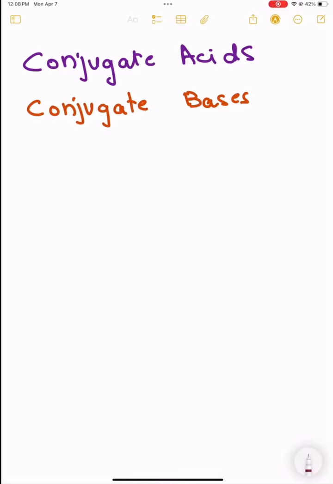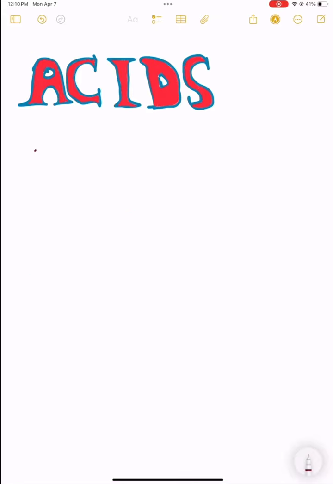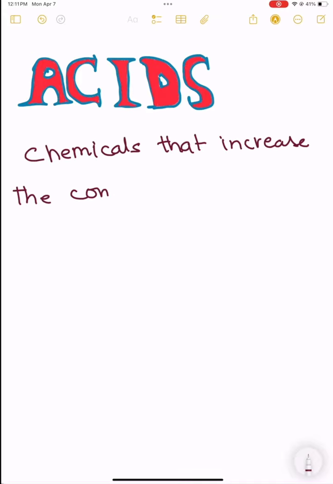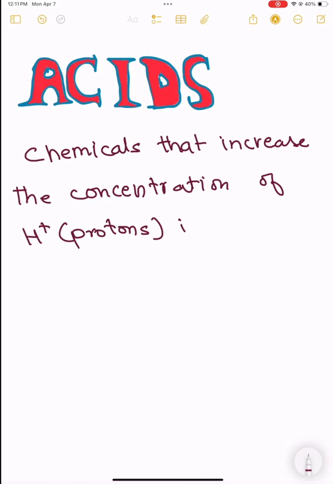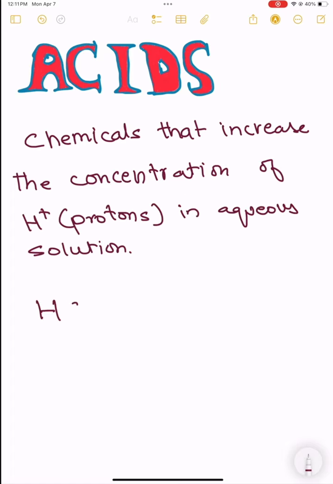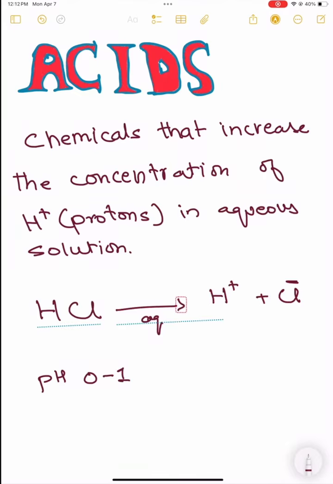Have you ever wondered what conjugate acids and conjugate bases are? To understand them, let's first define acids and bases. Acids are chemicals that increase the concentration of hydrogen ions or protons in an aqueous solution. For example, HCl is a strong acid with a pH of 0 to 1. In an aqueous solution, it dissociates into a hydrogen ion and a chloride ion, which increases the concentration of hydrogen ion